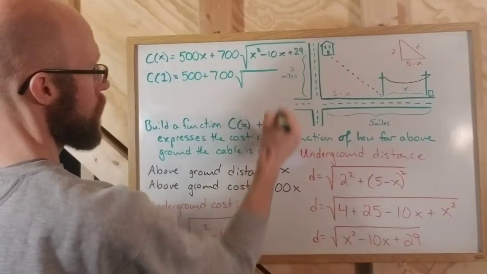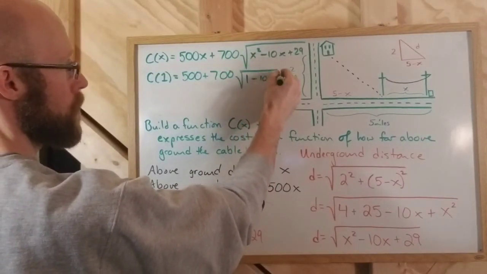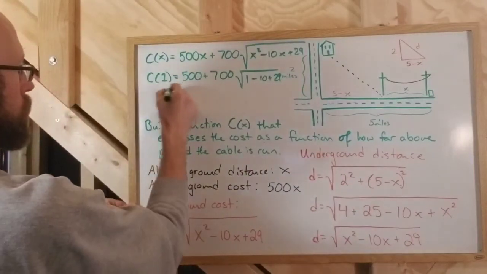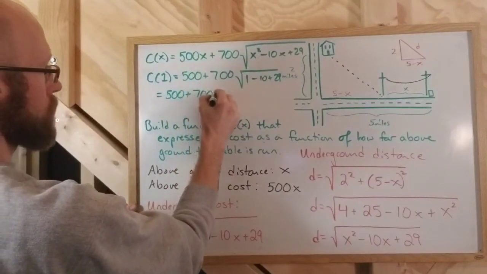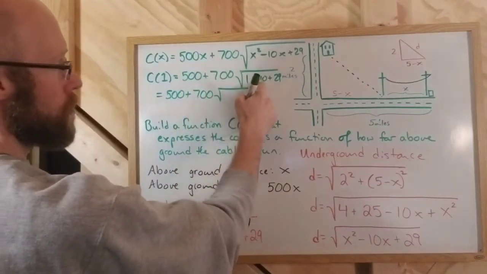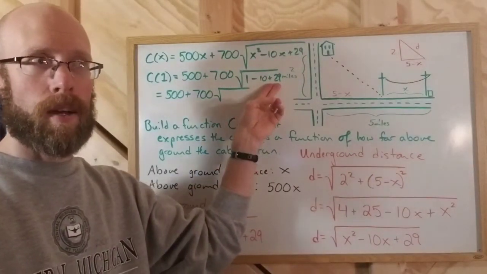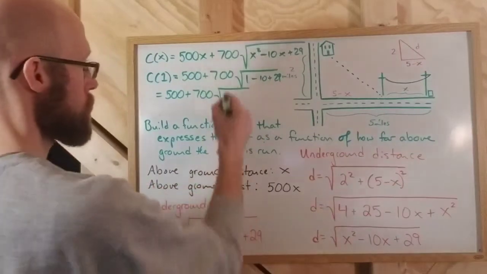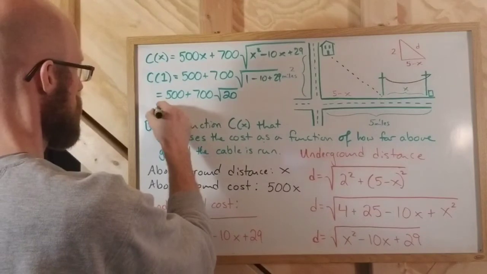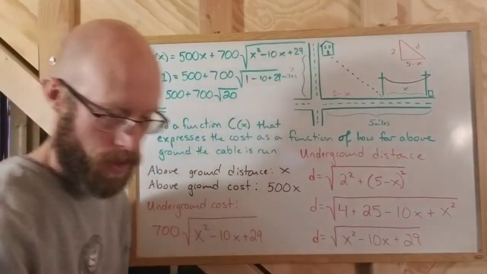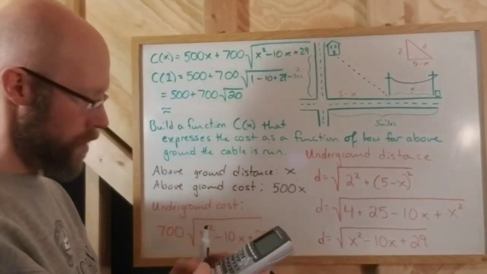It'd be 500, right? The x becomes 1. 700 times the square root of, this would be 1 minus 10 plus 29, which would equal 500 plus 700 times the square root of 1 minus 10 is negative 9 plus 29 is 20, right? So it'd be a square root of 20. And then, of course, you could just evaluate that and get a pretty close approximation on your calculator. 500 plus